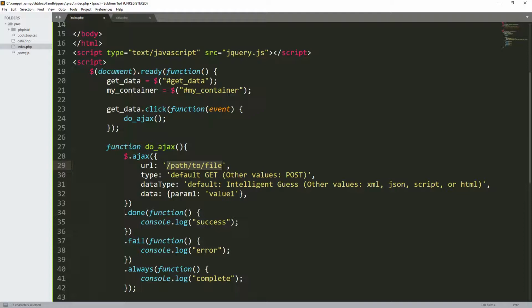So here, you put the link to the website that we want to go to and collect the data from. Right now, the website is just within here, which is data.php. So inside, I'll decide whether to use get or post to send the data there.